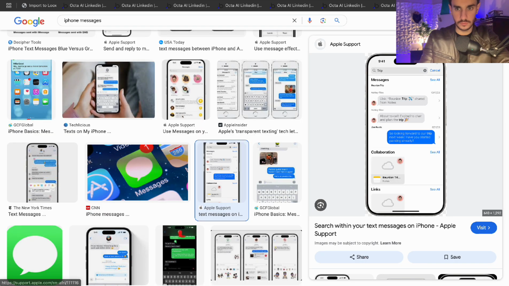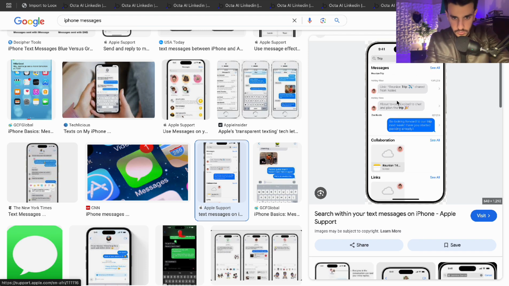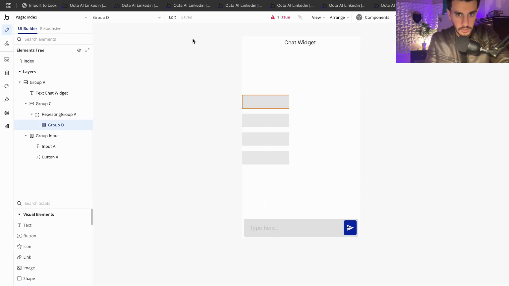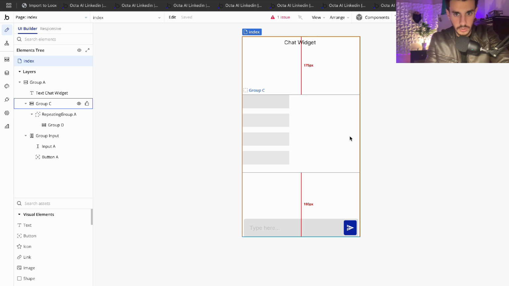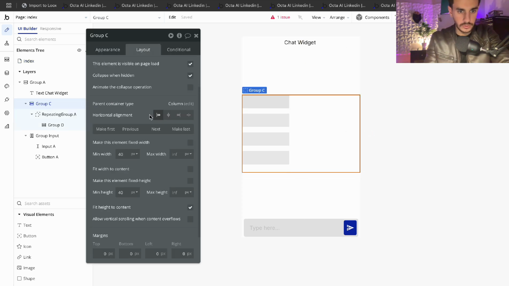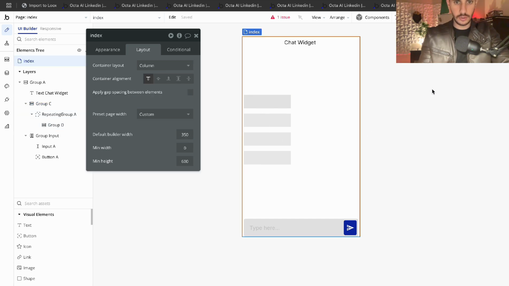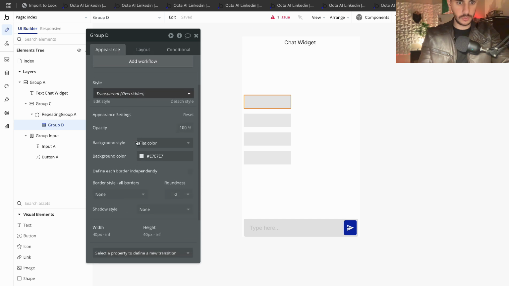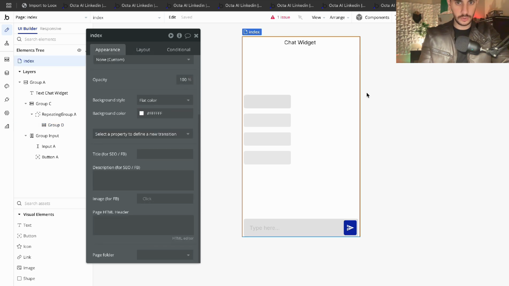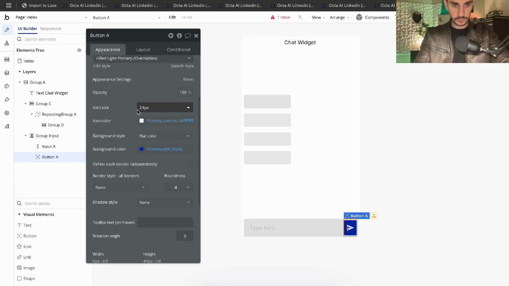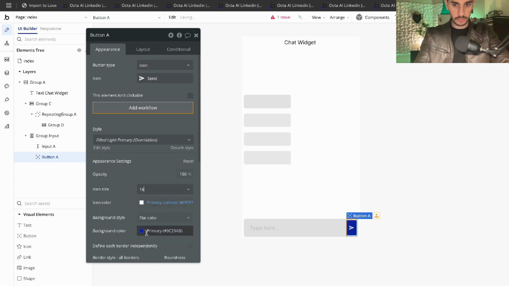I think that's perfect, with some black text on the receiving one, and then the sending one is white text and a blue box. So how we're gonna do that is there needs to be some database logic, okay? What we want to do is put some padding on this right here, and over here we're gonna do a 5 roundness, okay? And then this is kind of bothering me that it's this big, so I'm just gonna